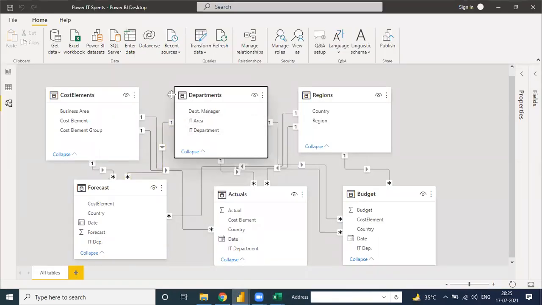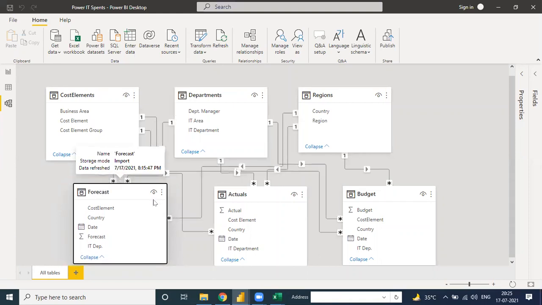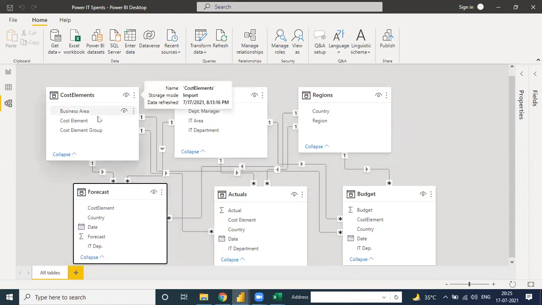One department, it means it is a dim table and it is a fact table. So you can always do one thing. Place the fact tables down and the dim table connected at the upper part, and connect the dim table's one column into all three fact tables. It means cost element. See, there is a connection with the cost element. It means cost element is in the forecast as well as in actual as well as in budget.